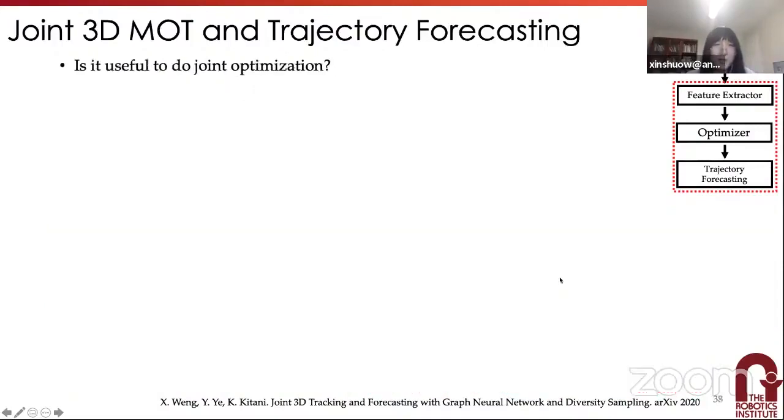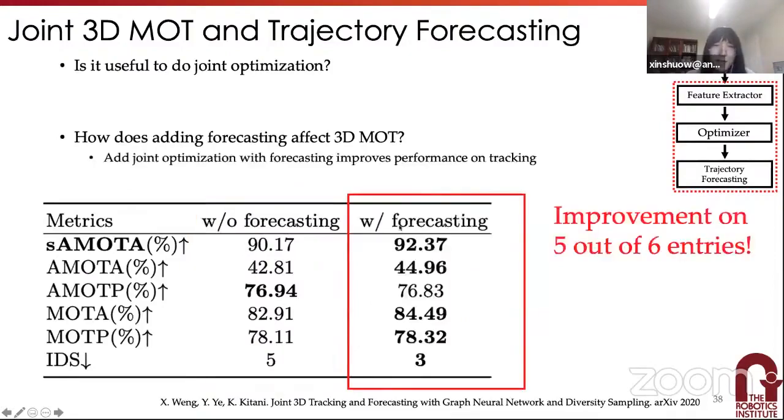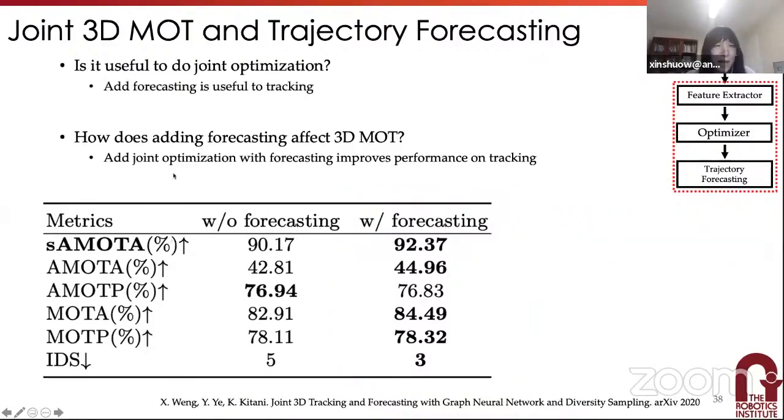So is it useful to do this joint optimization? We have to prove it through our experiments. First, we show our results of 3D MOT without adding the forecasting module. And then by adding the forecasting module, we observed improvements on, actually not all of them, but 5 out of 6 entries here for MOT evaluation. This proved that adding forecasting is useful for